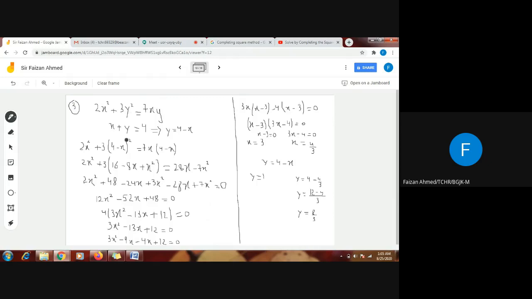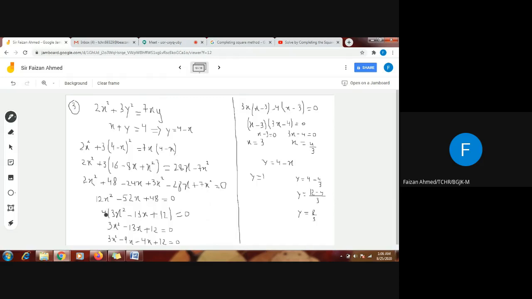We have y square, so I will put 4 minus x whole square, and then I have again the value of y, so I will put it in a bracket. This will be opened by identity number 2: square of 4 is 16, minus twice the product of the two, that is 8x, plus x square, and this will be multiplied by 3 now. 3 times 16 is 48, 3 times 8 is minus 24x, and 3x square. I have shifted these two terms on this side, minus 28x plus 7 square equal to 0.